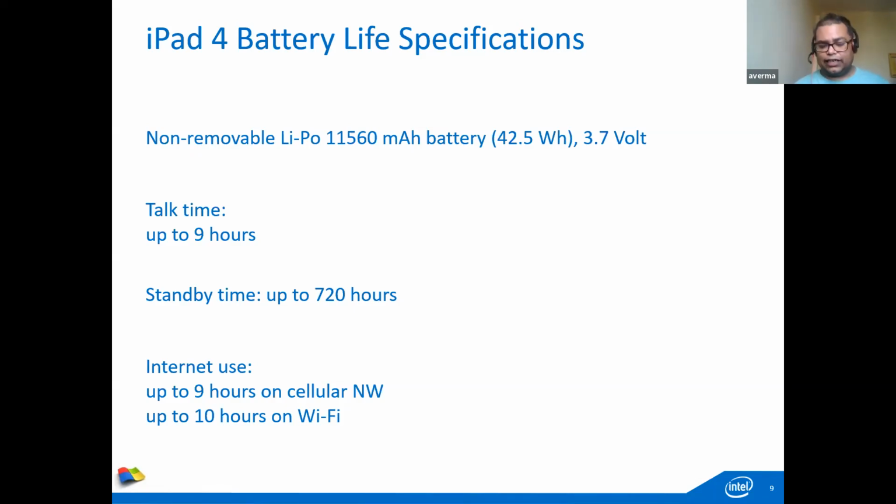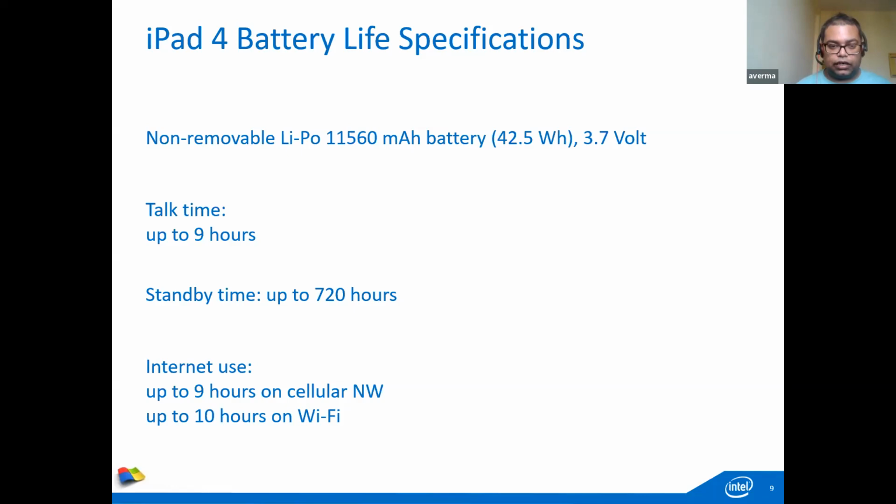Okay, and I said you that, okay, you can easily convert the current into wattage or power if the voltage is given. So 11560 milliampere, if you convert into ampere, it will be 11.56, and that you multiply with 3.7, you will approximately get around 42.5 watt hour. So the 11560 milliampere battery specification is equivalent to something like around 42.5 watt hour. So with that, if you understood,